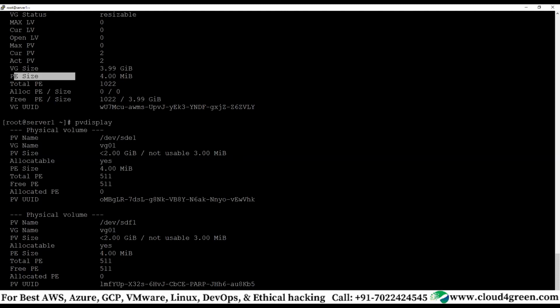Now when you create a logical volume on top of it, when it is formatted, it will also have logical extents. The physical volume shows extents, but the volume group doesn't have extents, because we are not going to write on the volume group.